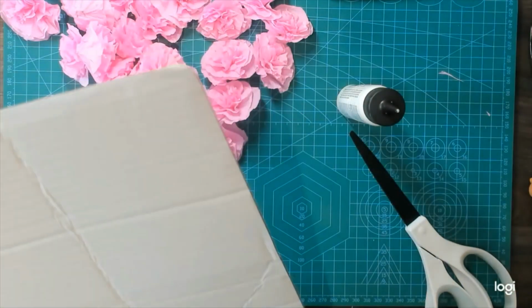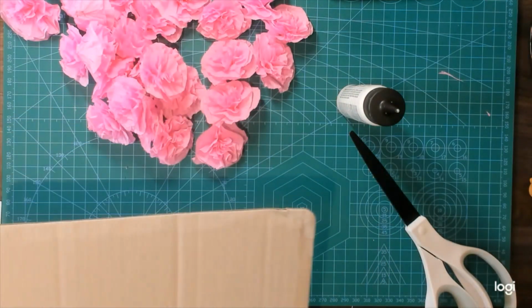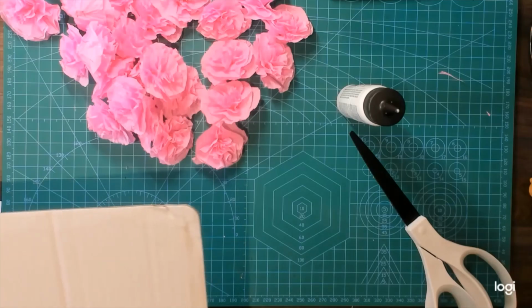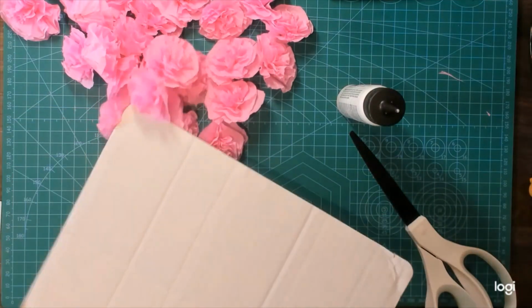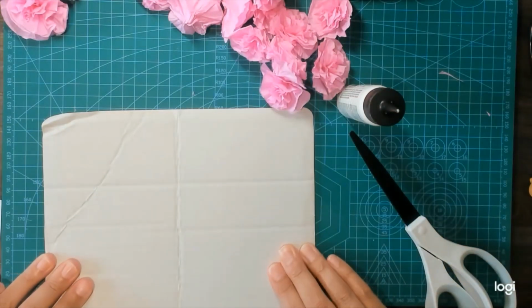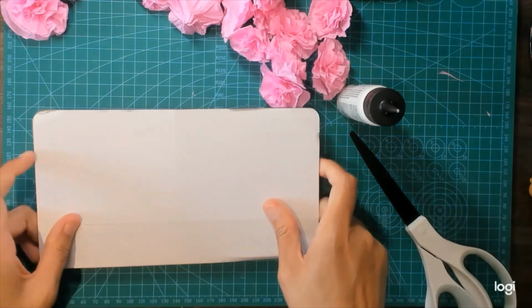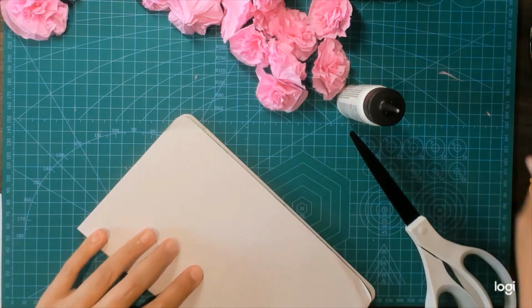I don't know where this cardboard came from, but I could probably draw a heart on that. Let's use this piece of cardboard. I was going to use cereal box, but I think I'll use this cardboard. Now, if I had my cutting machine, you best believe this would have been done on a cutting machine and not by hand. So I'm just going to,